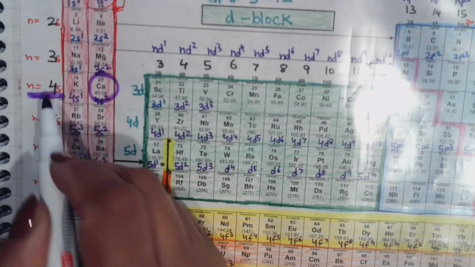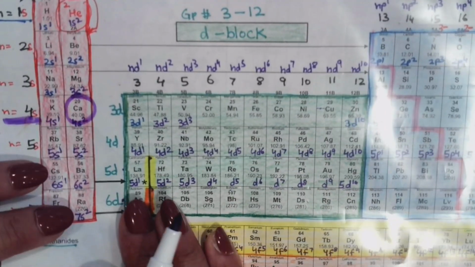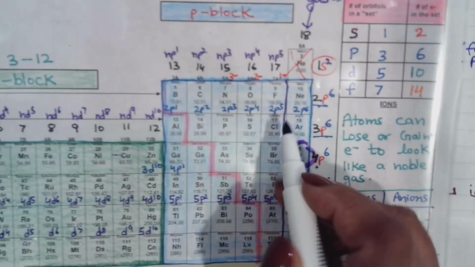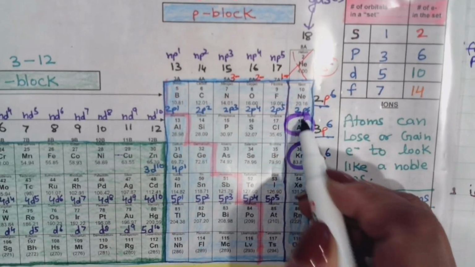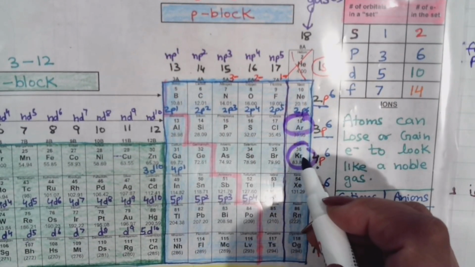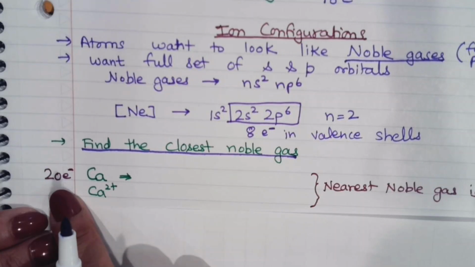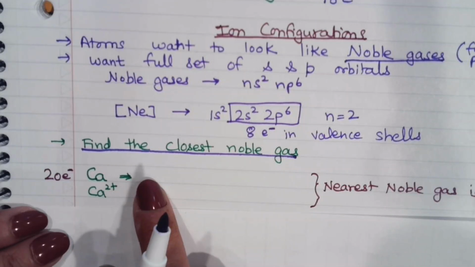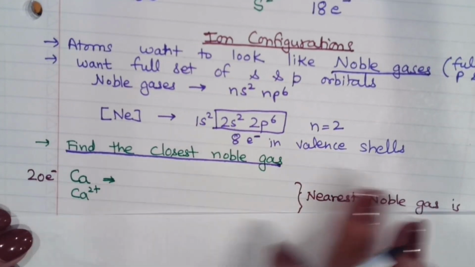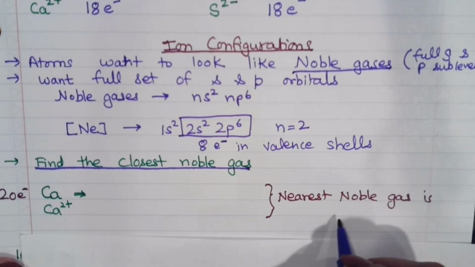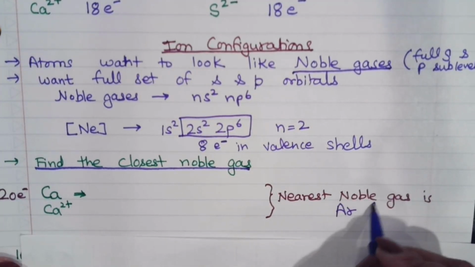That's calcium. So there are 2 nearest noble gases, one in the same period, that would be krypton, and one in the previous period, that is argon. Argon has atomic number 18, krypton has 36, right? So which is closer to calcium? Now calcium has 20 electrons. So argon with 18 electrons is the closest noble gas. So the nearest noble gas to calcium is argon with 18 electrons,